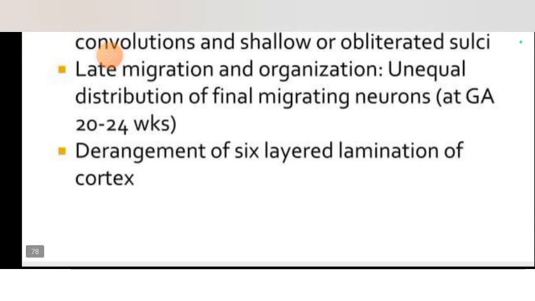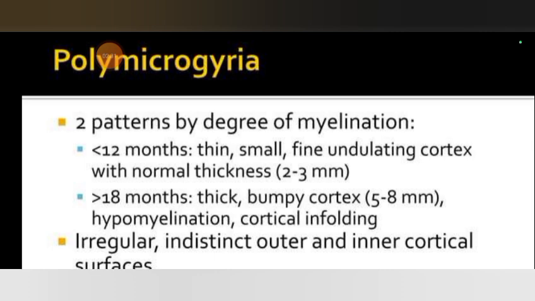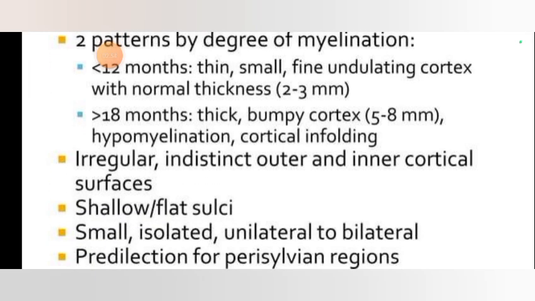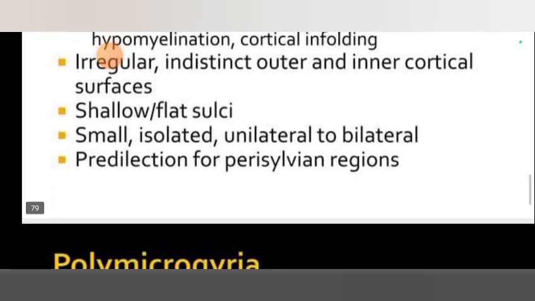neurons at 20 to 24 weeks, with derangement of the six-layered lamination of the cortex. Polymicrogyria has two patterns by degree of myelination. More than 12 months: thin, small, fine undulating cortex with normal thickness of 2 to 3 mm. Less than 18 months: thick bumpy cortex of 5 to 8 mm, hypomyelination, cortical infolding, irregular indistinct outer and inner cortical surfaces, shallow flat sulci, small isolated